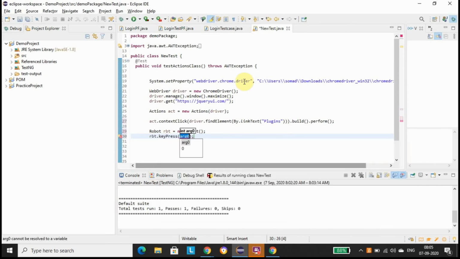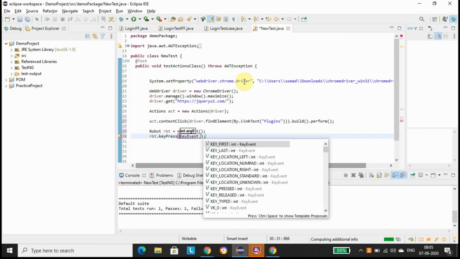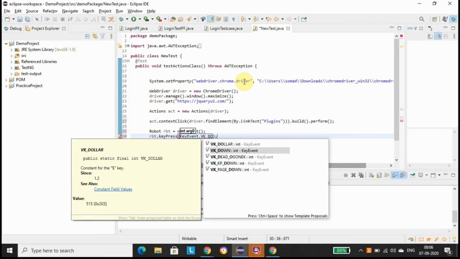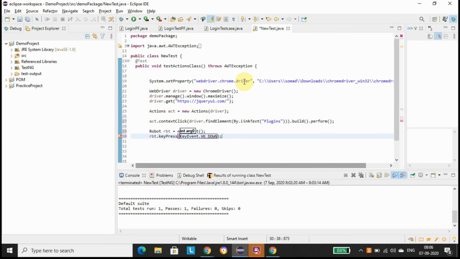Okay, then key event dot vk underscore down. So this is the format how we are going to use the robot class.